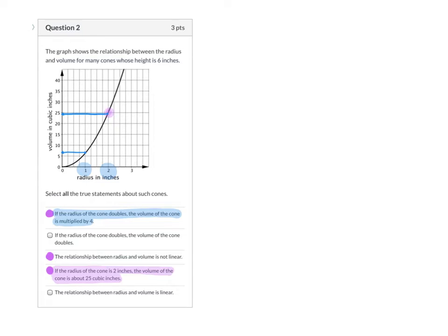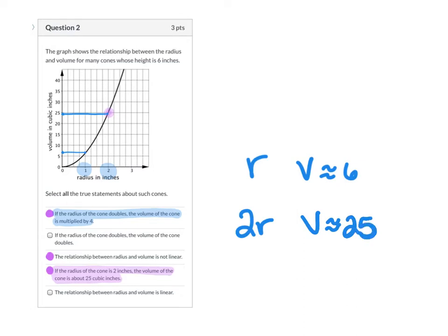So when the radius was 1, it looks like the volume was about 6, but then when we doubled the radius, we compare that, and it looks like it's a hair below 25 for the volume. So the volume for that one is about 25, and sure enough, 6 times 4 is 24,